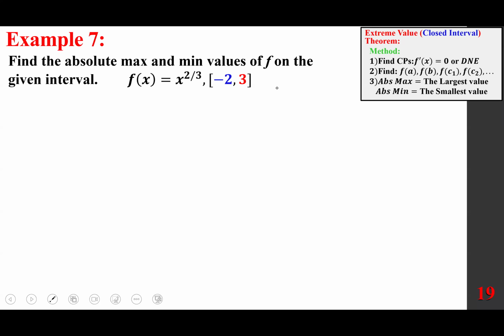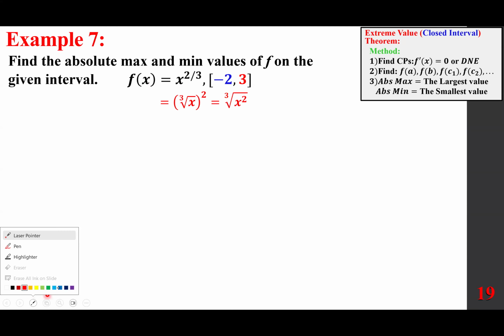Find the absolute max and minimum value for this case, where f of x is x to the power of 2/3 and the interval is negative 2 to 3. First, what type of function is that? This is cube root of x being raised to the power of 2, or cube root of x squared, if you will. I want to remind you